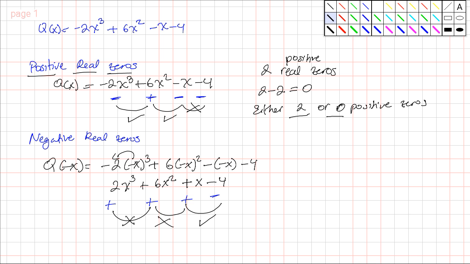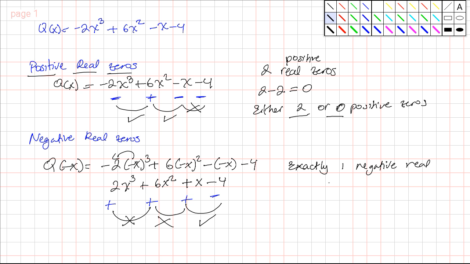That's what we want. Since you only have one number, you cannot subtract. If you subtracted 2 from 1, you would have a negative number, so you cannot have negative 1 real zeros. Since there's only one possible change, this polynomial has exactly one negative